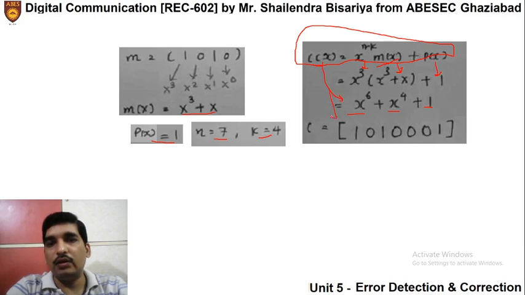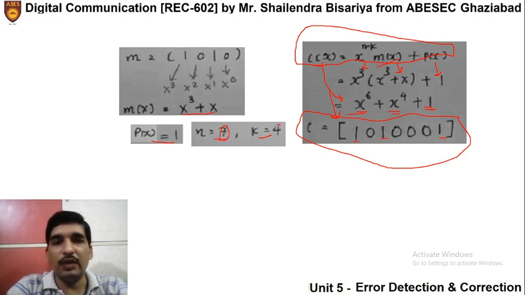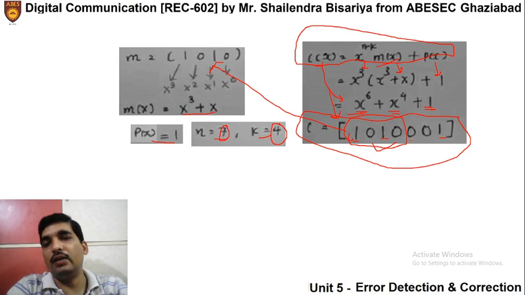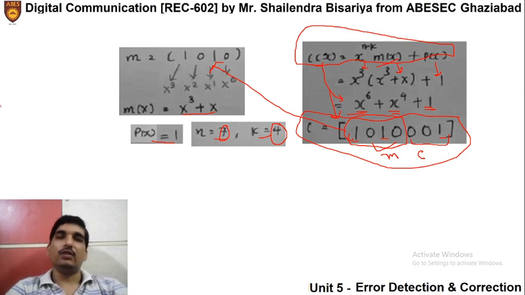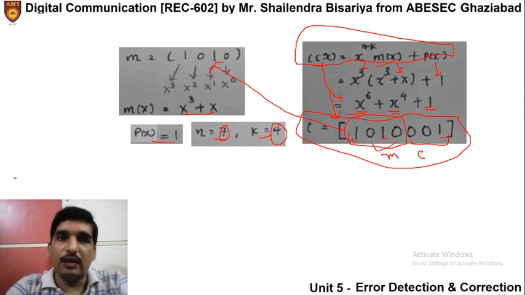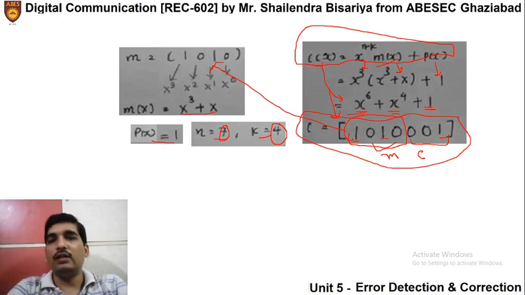If we write the code bits for this, we know that the 6th position x6 is 1, the 4th position x4 is 1, and the position x to the power 0 is 1. So this is our code word, and from it you can say that the initial 4 bits, because n is 7 and k is 4, are the 4 message bits. So the initial 4 bits 1010 should be your message bits, and yes, 1010 were your message bits. So we have a systematic code now. These are your check bits, and these initial 4 bits are your message bits. So we have obtained the correct systematic code word using this expression.